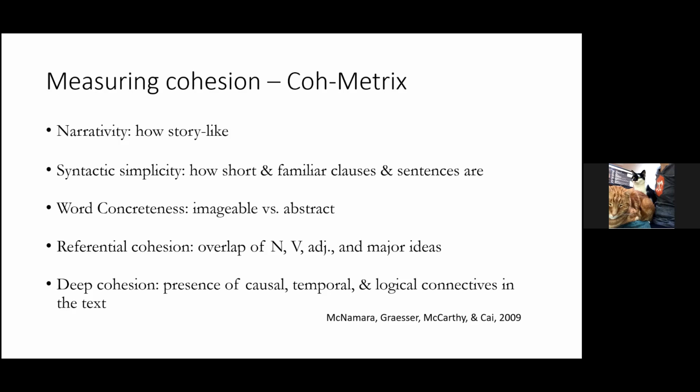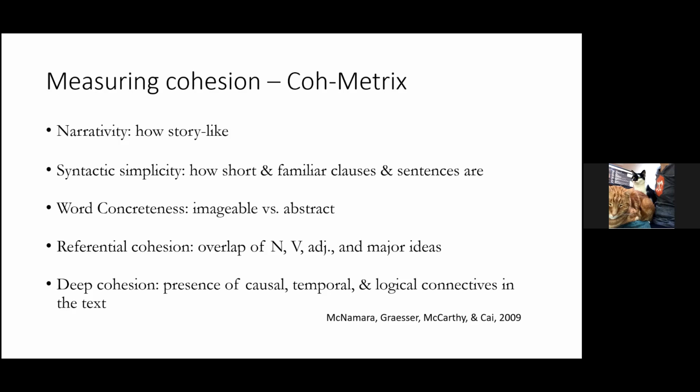I see there's a quick question in the chat about, I mentioned a curvilinear relationship earlier. And what do I mean by curvilinear relationship? So I was talking about how, generally, as a text is more cohesive, so better referential cohesion, more deep cohesion, as cohesion increases, comprehension and ease of comprehension increases.